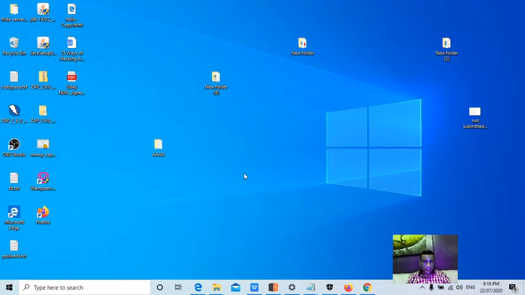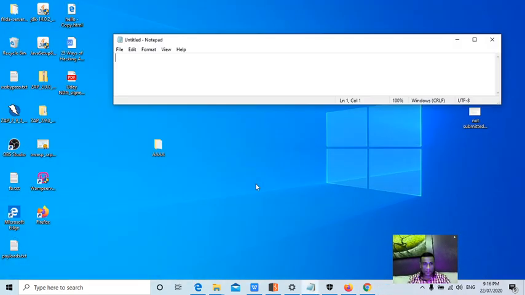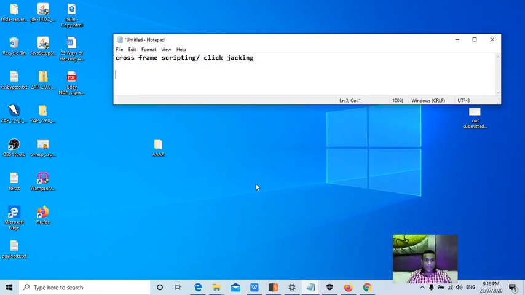Let's talk about another security issue. We call it cross frame scripting. People also call it clickjacking, guys. And second thing, like cross-site request forgery, which we discussed earlier, it is also called session riding attack. Remember, guys, if someone asks what is session riding, you should talk about cross-site request forgery, but not session related security issues. Okay, now we will talk about cross-frame scripting.